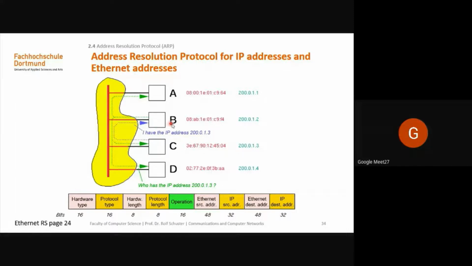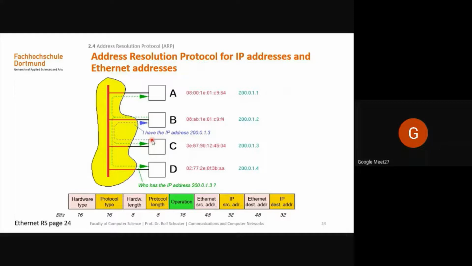What the node B needs to know, and that's why node B sends the ARP request, is the MAC address associated with this IP address. Then when C recognizes that the question is addressed to it, the node C will answer, sending an ARP reply